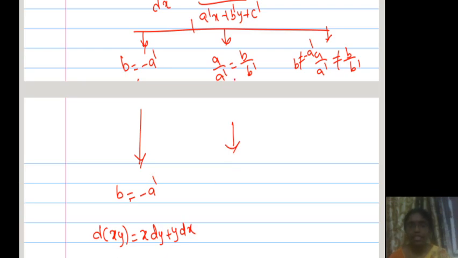Check whether a by a dash is equal to b by b dash or not. If it is equal, what is that common ratio? Let us suppose some m. You have to assume some common term will be there. Whenever you have a common ratio, if the ratio will be the same, a by a dash is equal to b by b dash,